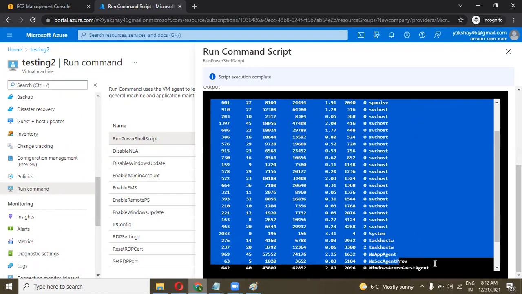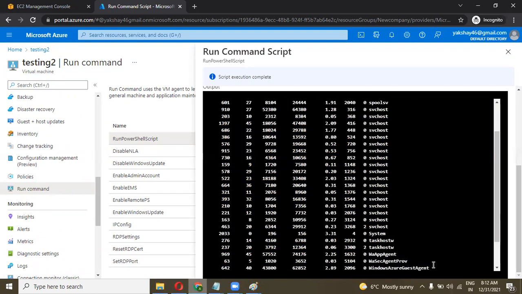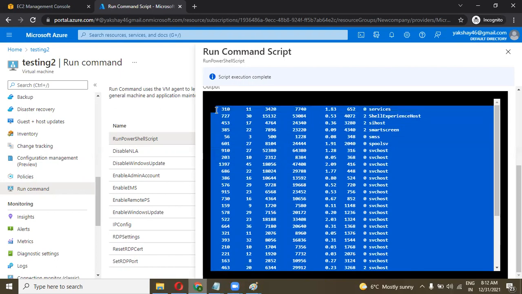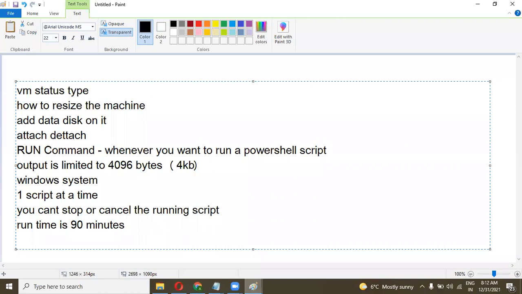If the port is not allowed, then you will not see your output here. Okay, so write this point over here: outbound connectivity to return.